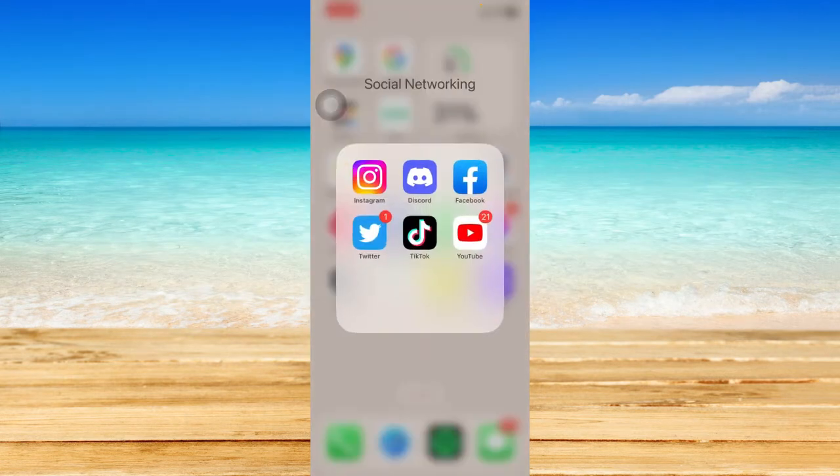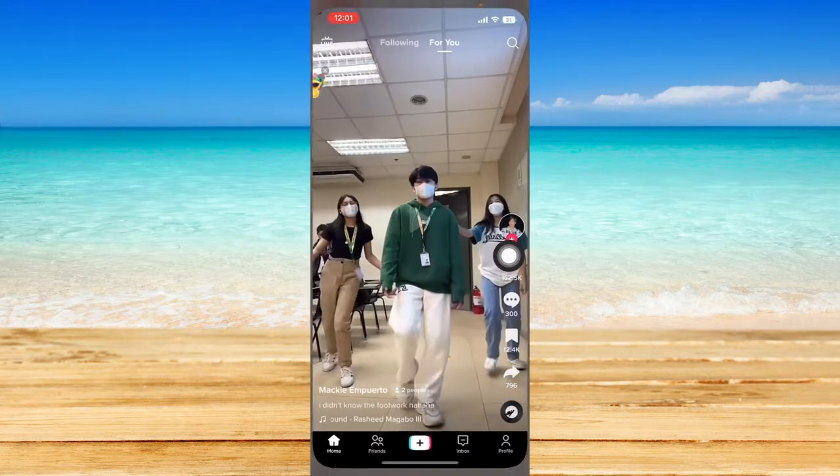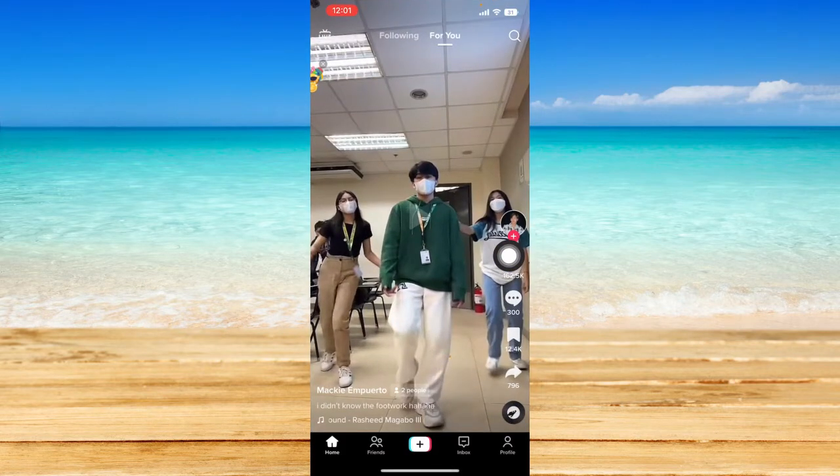Now let's just head on and open up our TikTok application right here. And the first thing that you can do is to actually just search for that account that you have blocked on TikTok, and you can just tap on unblock. But if you have forgotten the username of the user that you blocked, you can just go to our profile